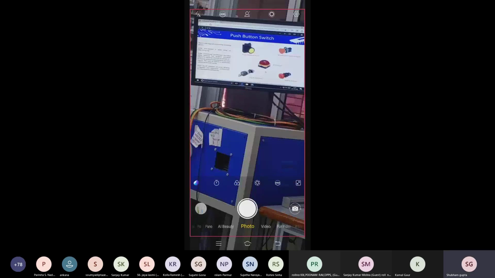And DPDT is double pole double throw. It is nothing but two SPDT working simultaneously, and like that QPDT is a quarter pole. Okay. Next type is the momentary switch, push button. It is a momentary switching device. In this device, one spring is connected on the internal side to deactivate it. There are many kinds of push button switch. When we press, it activates, and when we release, it deactivates.